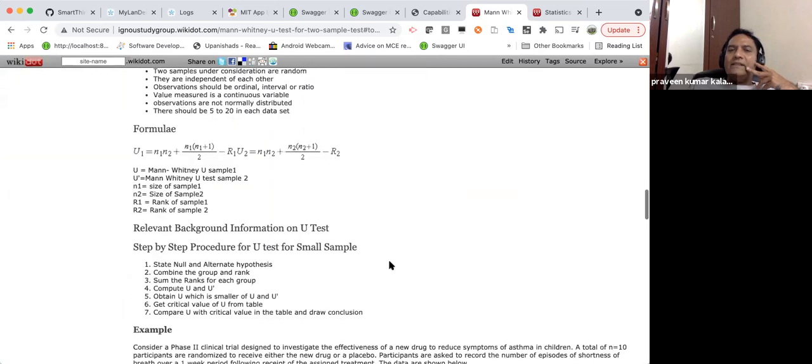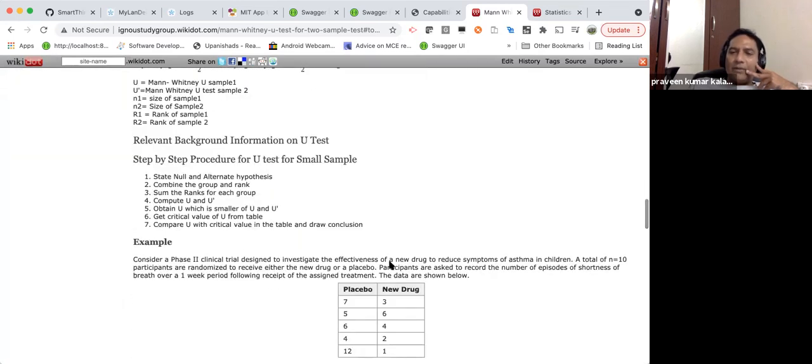So in this we don't generally get problem solving. It is mainly the theoretical question that would come, and it might really ask you to give an example. So obviously you can construct the example if you know what this particular test is all about. It is a non-parametric test. It is used within the subjects.